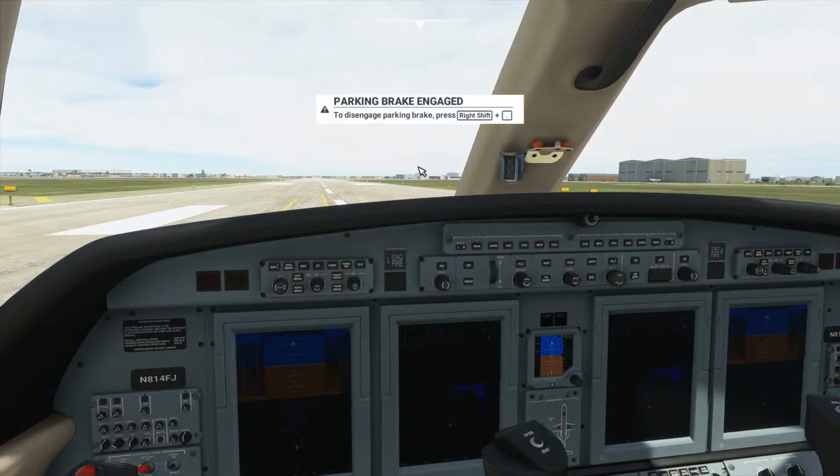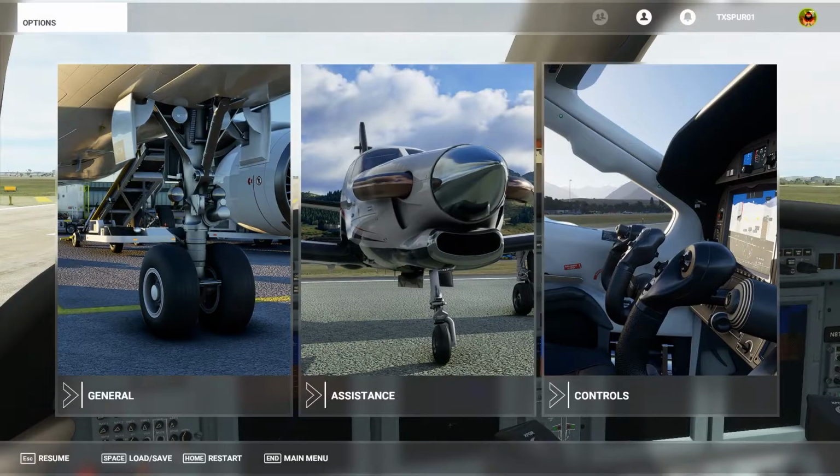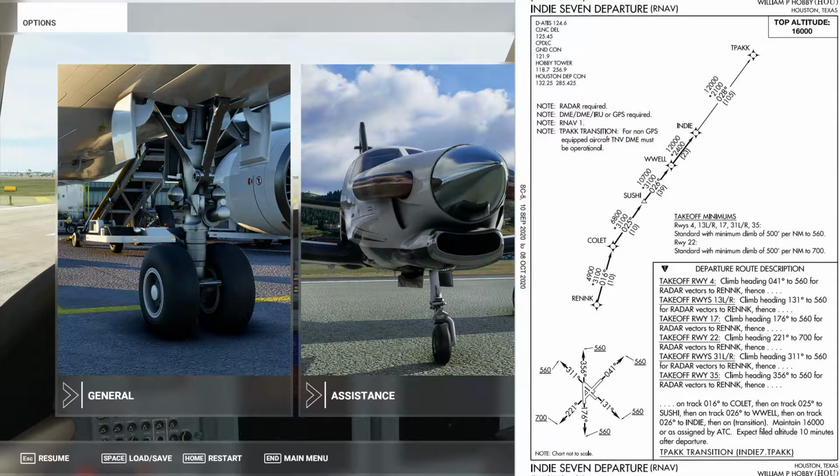All right, here we are at Hobby. You know what, we're going to pause this real quick and take a look at the Indy 7 RNAV departure. First waypoint is going to be Rink, then Colette, guessing that's what you would say. Sushi, definitely know that's right. Well, and Indy. And let's see, takeoff runway 4, climb heading 041